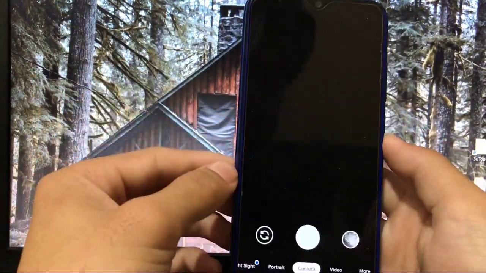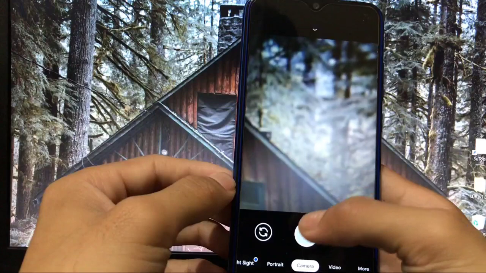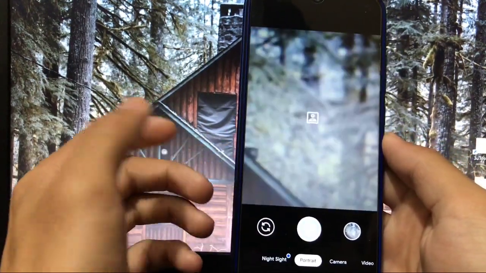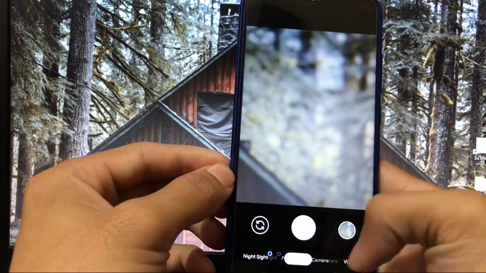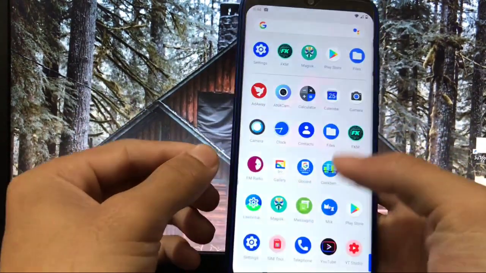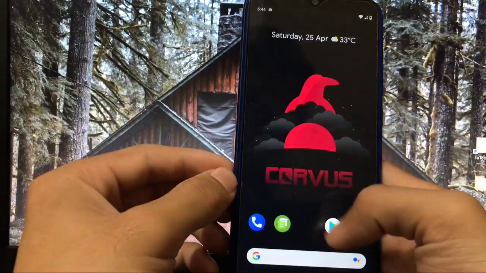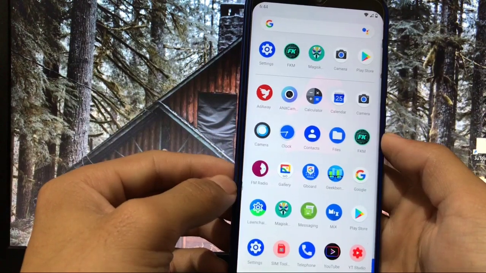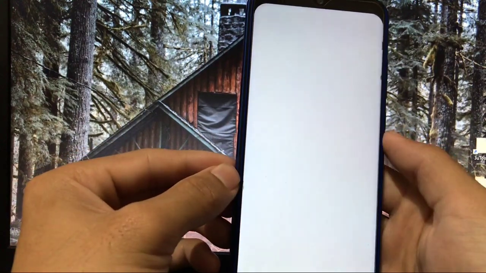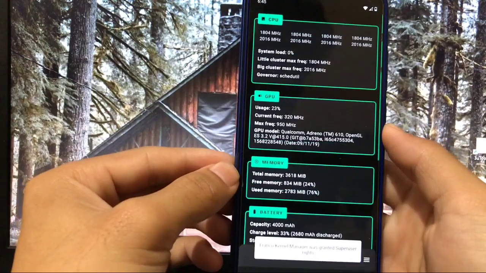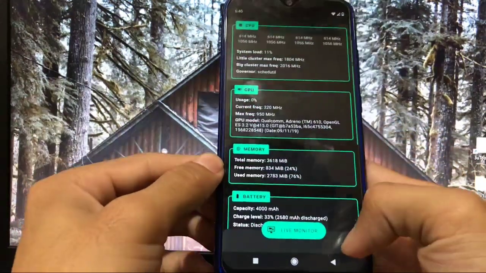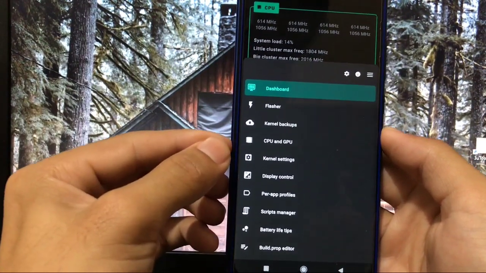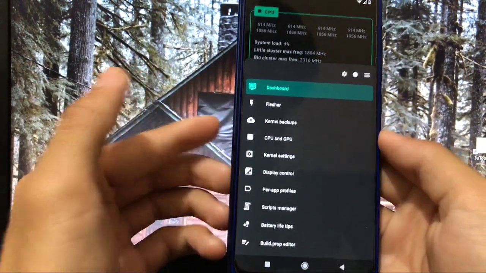And also, if you want to try out GCam, it is not pre-built, but you can install GCam easily. GCam 7.3 Parrot is perfectly working. I've been using it for a long time and this build is perfectly working. Not a single bug is here. This is very good for clicking photos. HDR plus is available. And the app which is also pre-installed is FKM, Franco Kernel Manager. This app is pre-installed in my build, not available in the official build. It is available only in my unofficial build. You can try it out if you want.